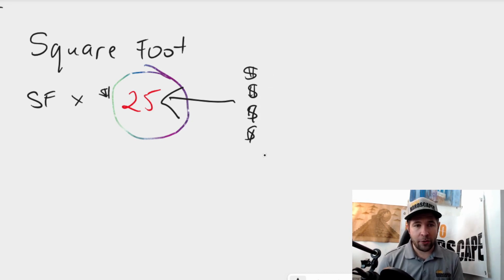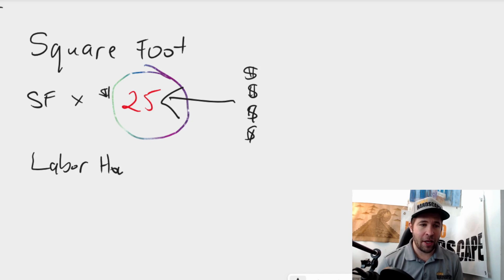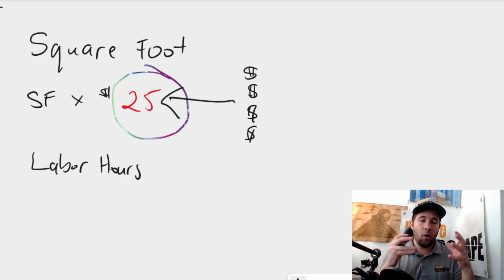And if you are doing all these different dollar amounts, well, then you might as well just do production rates, because that's essentially what you're getting into with all these different variables. Have production rates, and at least if you have production rates, then you get labor hours. And if you have labor hours, you then have a data point that you can compare. Okay, this project took us this long, but we quoted it for this long,